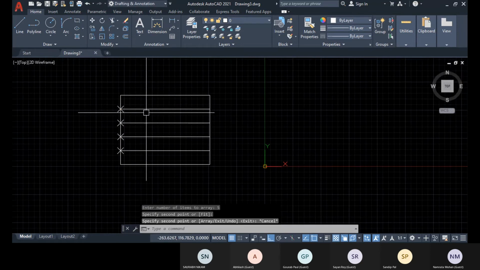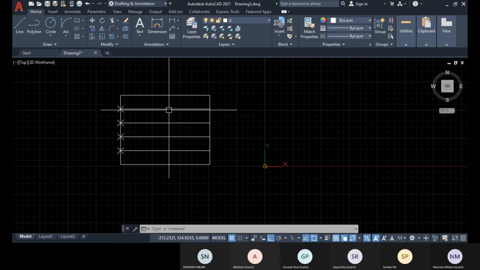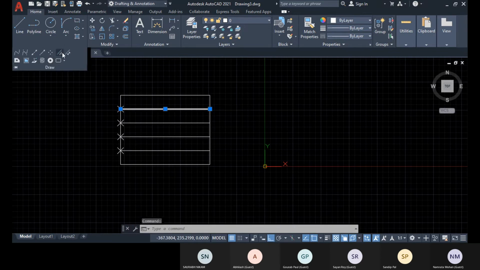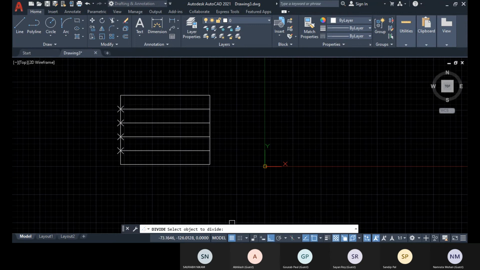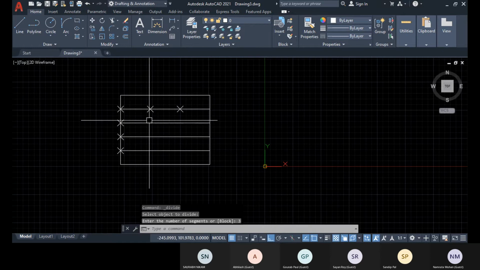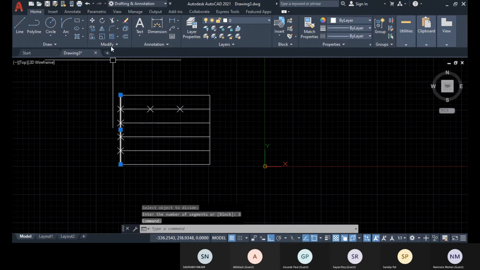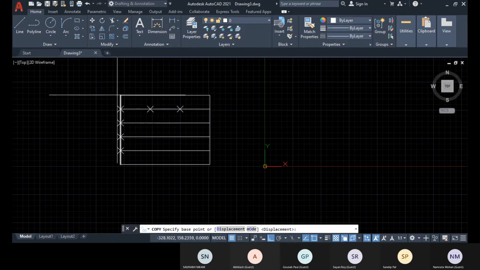Okay, and next you specify this and go to the divide option, just divide, and this to be divided, selected, number of segments will be 3, enter, and this is done. And you go with this and copy it.